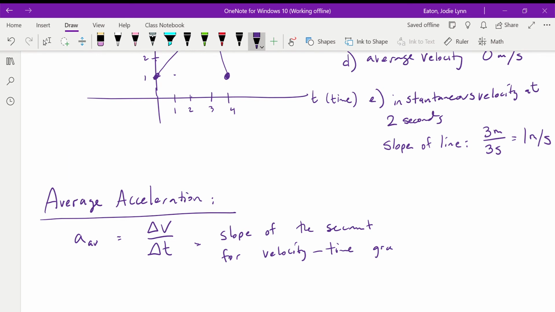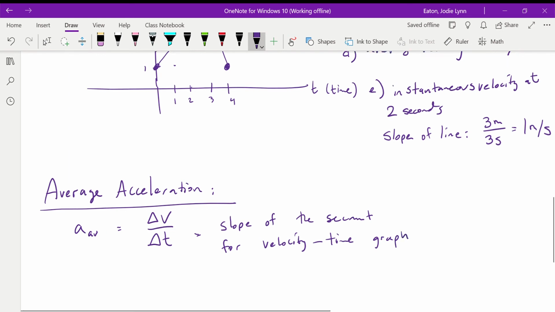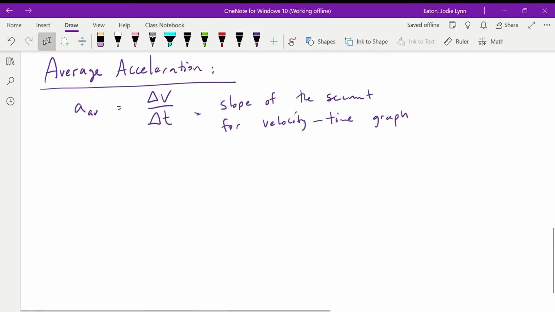And in these graphs, time is always going to be on your x-axis. It's going to be your independent variable. So our instantaneous acceleration is going to be equal to dv/dt,